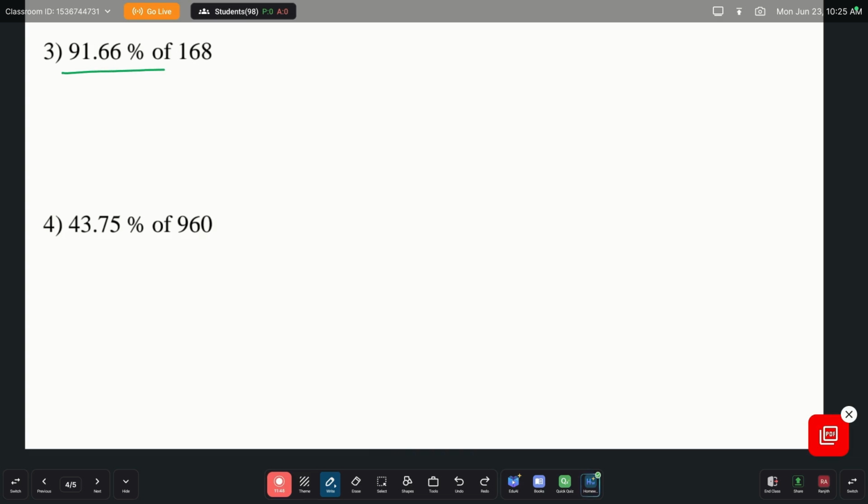91.66% of 168. 100 minus 91.66 percentage can be written as 8.33. 8.33 will be equal to 100 by 8, which is 1 by 12 times. So 1 minus 1 by 12 will be equal to 11 by 12 times of 168. So 12 ones are 12, 14. 14 into 11 equal to 154. Next,